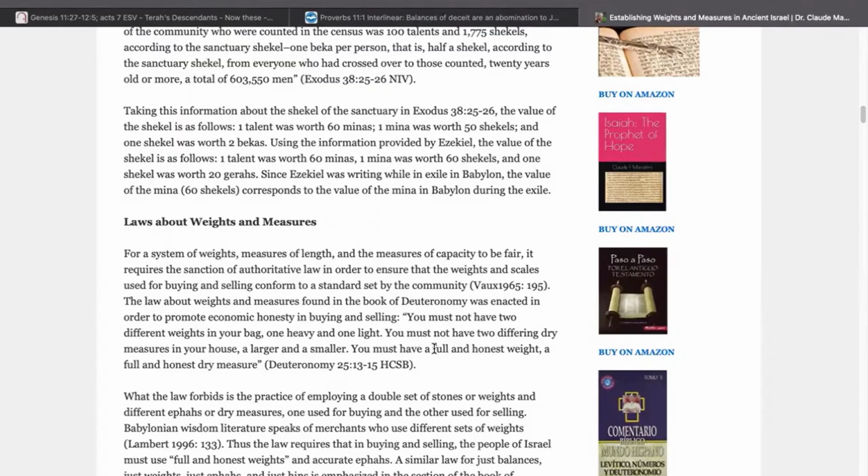So basically, for our day, it would be like, you can't have a false dollar bill, right? You can't even walk around with it. So this law right here, Deuteronomy 25, you can't even walk around with a false weight. So for our day, our personal application, you can't even walk around with fake money, right? That might give the impression of trying to use it falsely, right? So that's what we have there.